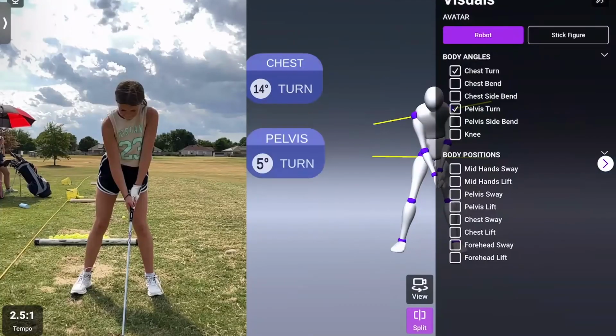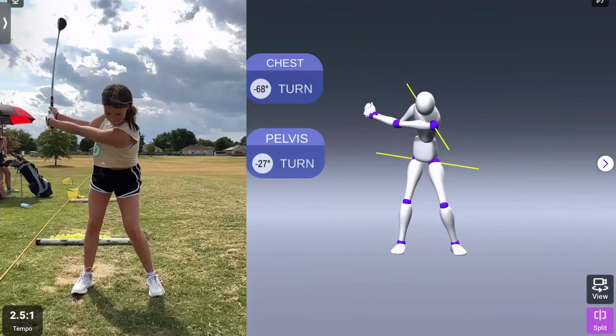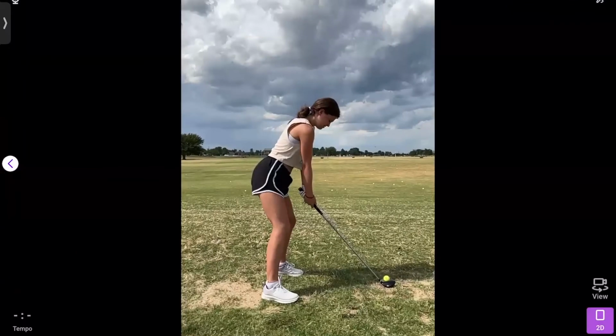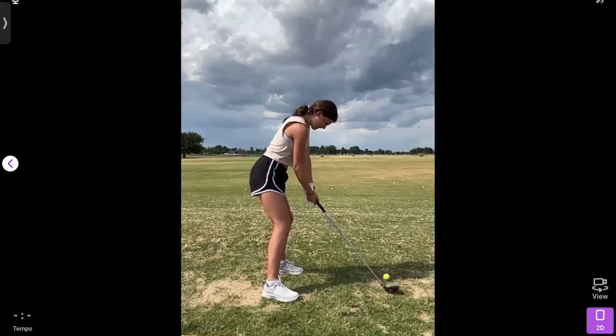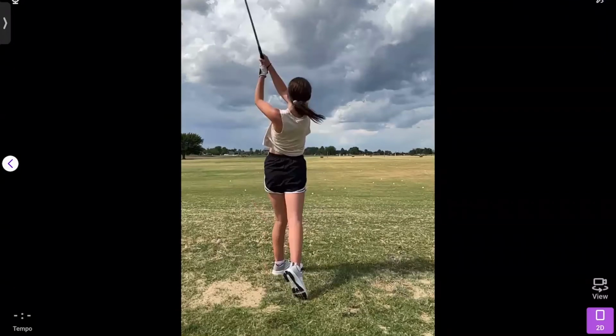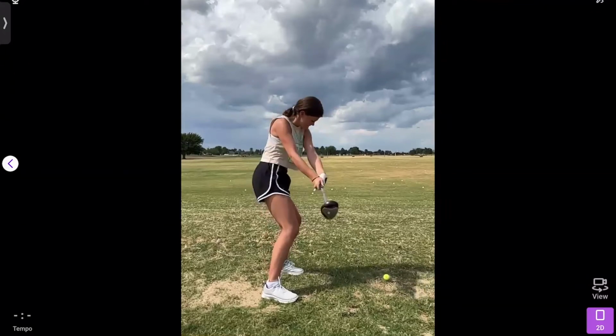So once again, if I pull up those turn numbers, we take it up to the top, we're going to notice for this player that her backswing is only 68 degrees of chest turn, 27 with the pelvis. And once again, from a down the line standpoint, we're just going to notice because of that lack of depth that her hands are going to get pushed out quite a bit in the downswing. So you'll see here in transition how her hands are going to get pushed out,